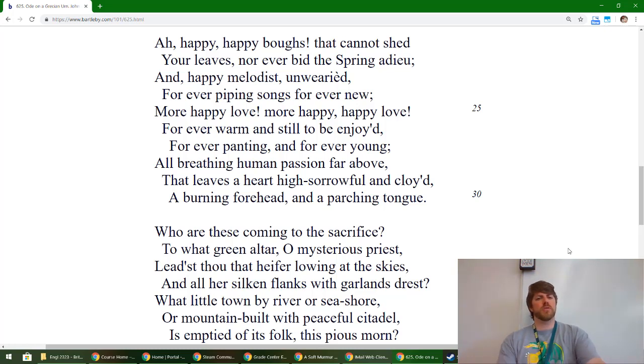Forever warm and still to be enjoyed, forever panting and forever young. All breathing human passion far above that leaves a heart high, sorrowful, and cloy, a burning forehead and a parching